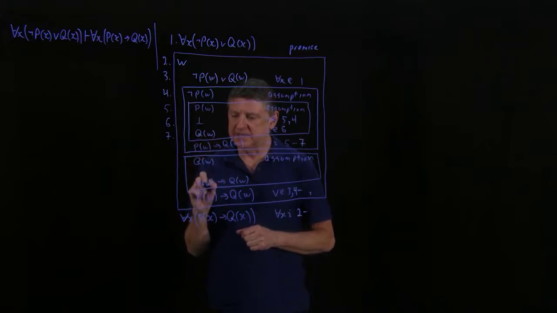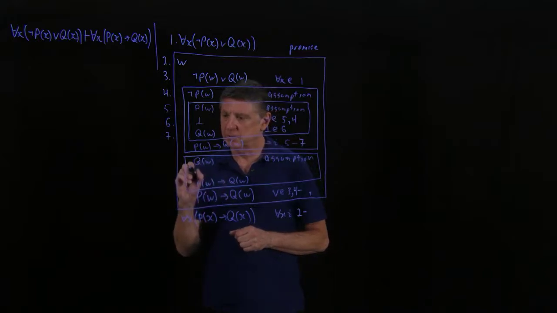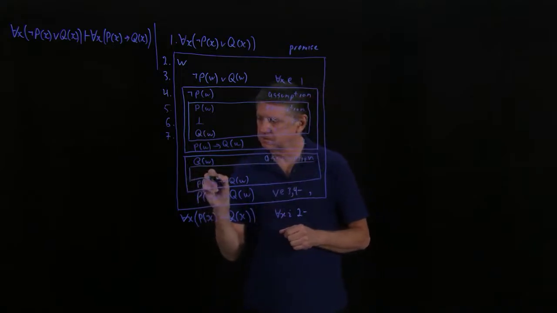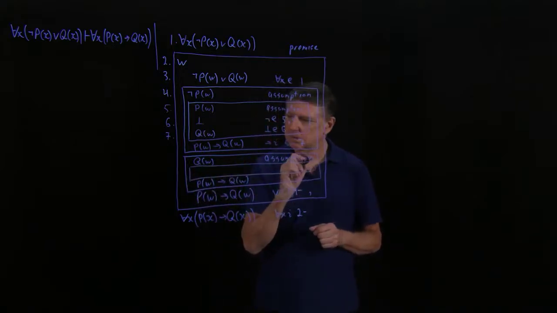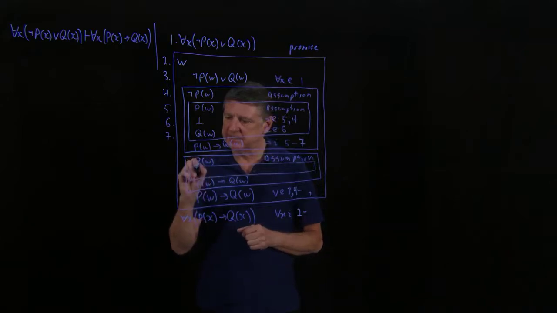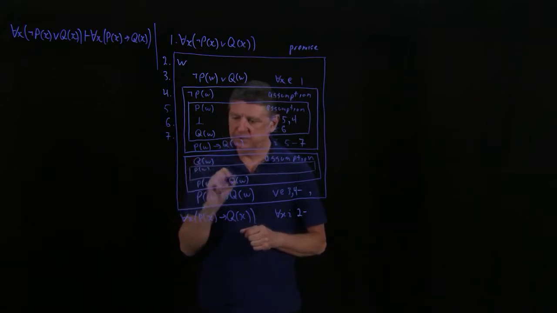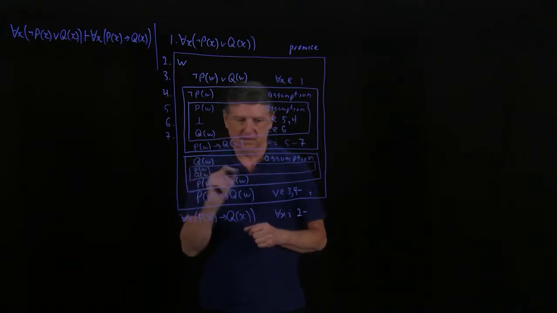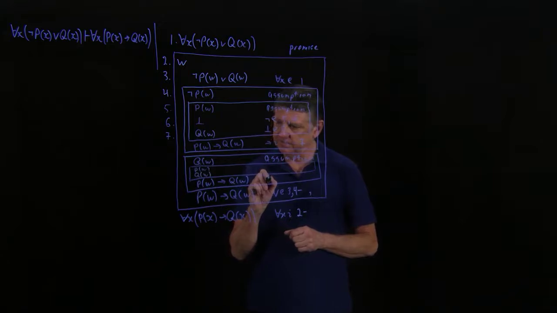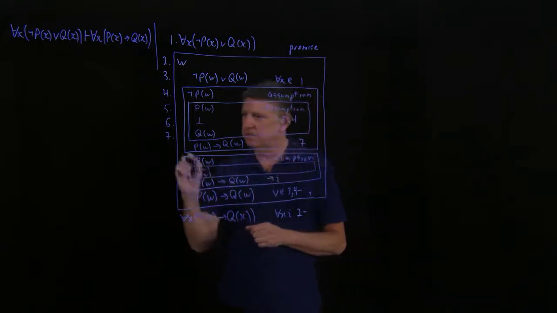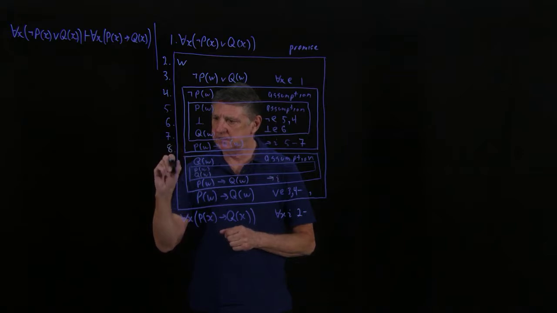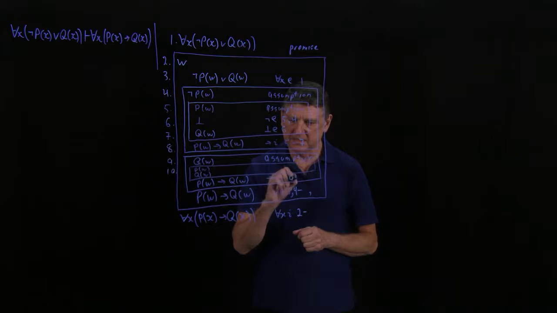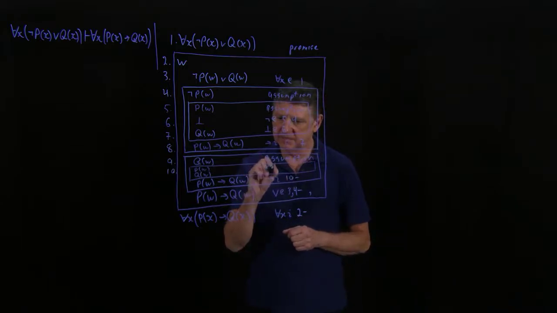Again, I see that this is an implication, so I will open up a new assumption box, and I put the antecedent at the top of it, and I put the consequent at the bottom of it. And I say that the reason for this is implication introduction. This is line 8, this is line 9, this is line 10. So that begins at line 10. This is an assumption